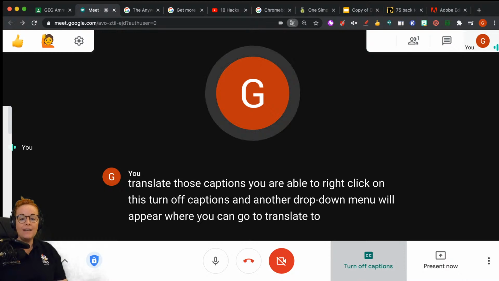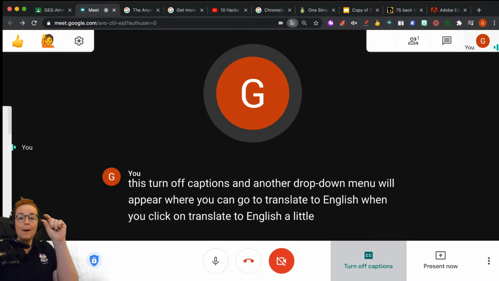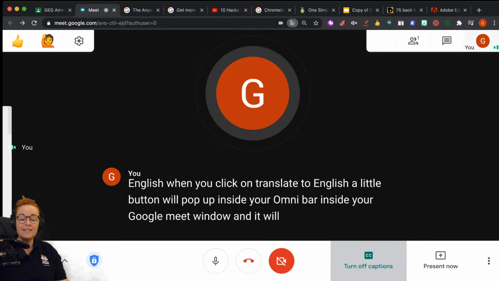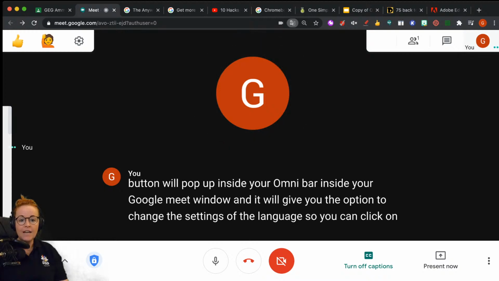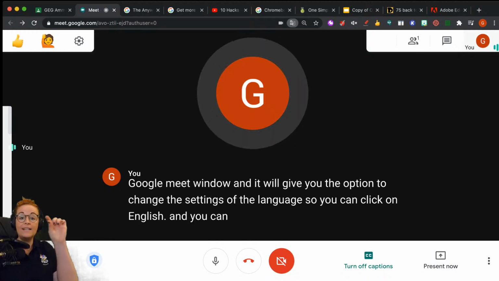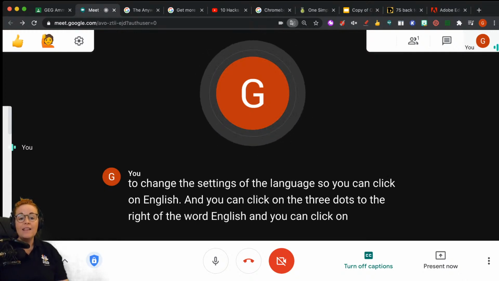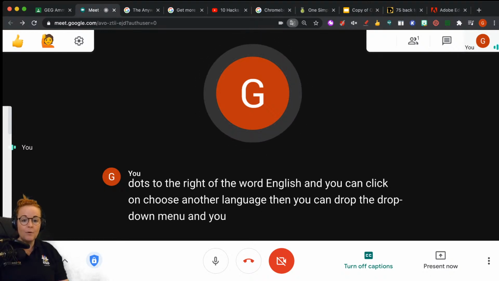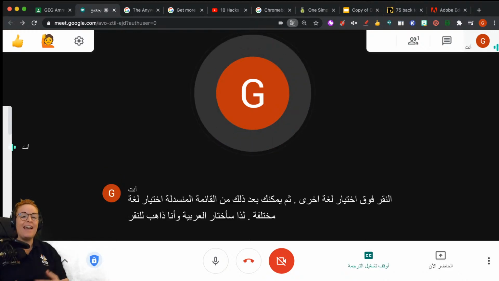When you click on translate to English, a little button will pop up inside your Omni bar inside your Google Meet window, and it will give you the option to change the settings of the language. So you can click on English, and you can click on the three dots to the right of the word English, and you can click on choose another language. Then you can drop the drop-down menu and you can choose a different language. So I'm going to choose Arabic and I'm going to click translate, and now it's turning everything that I say